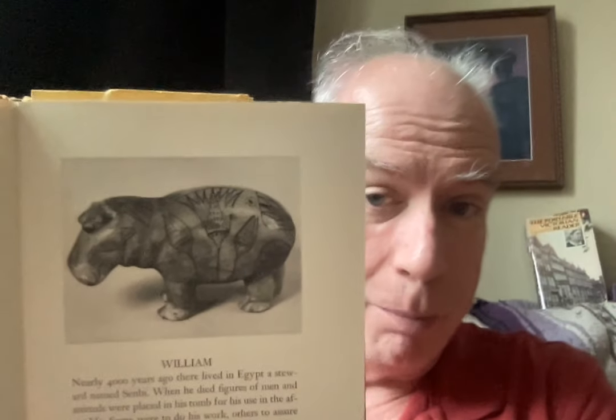And there is William, starting off the collection, and also, as you can see, ending the collection, where he's lumbering away. William is a 4,000-year-old ancient Egyptian sculpture of a hippo. And unfortunately, this thing being printed in 1936 really doesn't do William justice, because he's brilliant blue. Really striking blue. He's an amazing creation that is still around now,